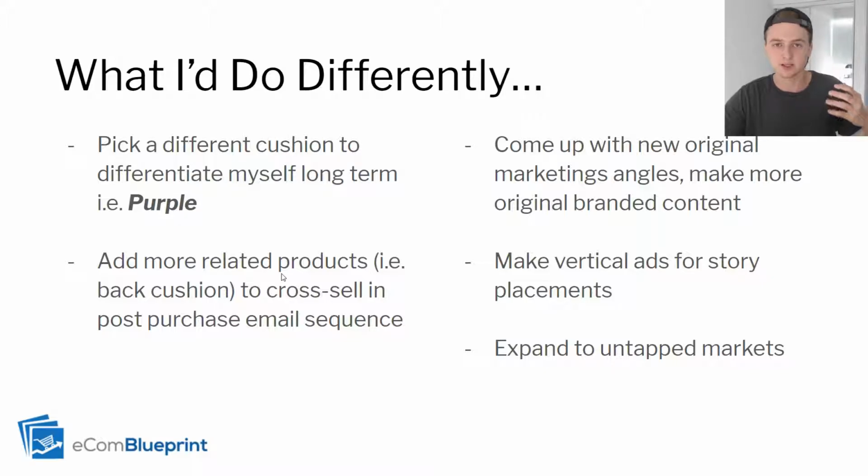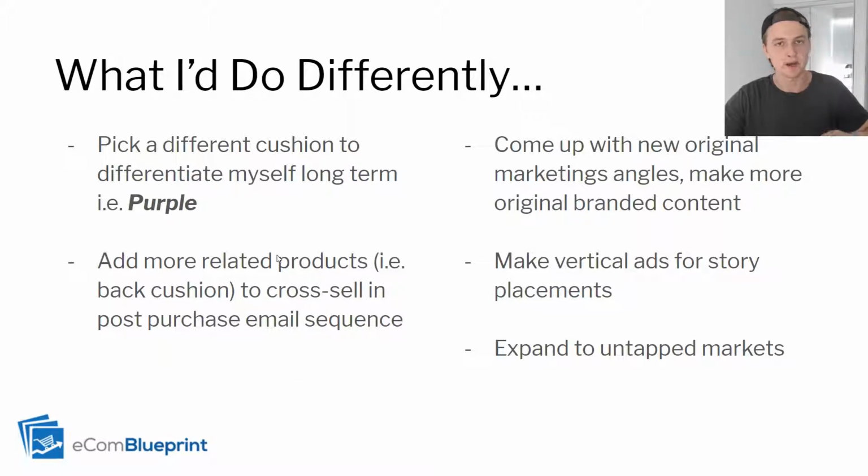If people are buying seat cushions, there's probably a lot of similar things that you can sell them. For example, back cushions, right? Pillows. Mattresses. In the example of Purple, right? They sell mattresses, they sell cushions. You can add a lot of different related products, and then you can cross-sell them in a post-purchase email sequence,